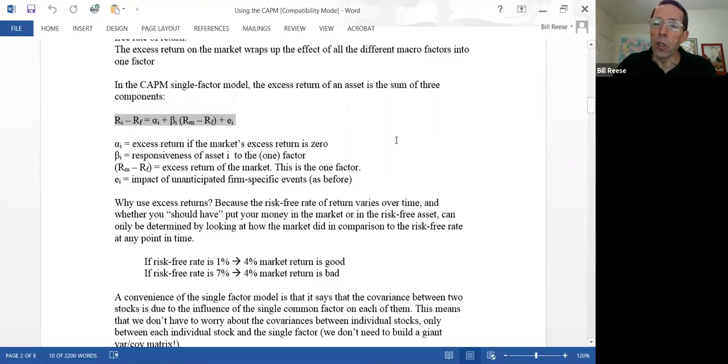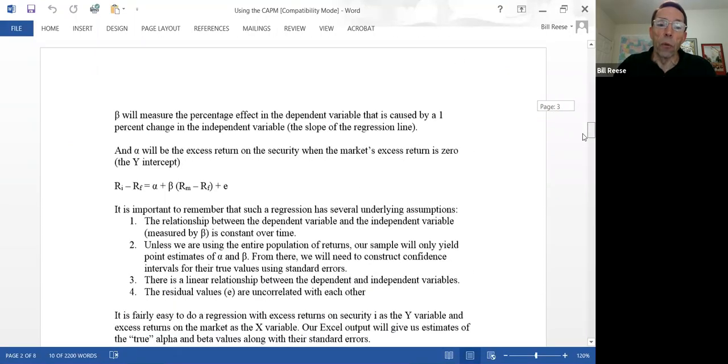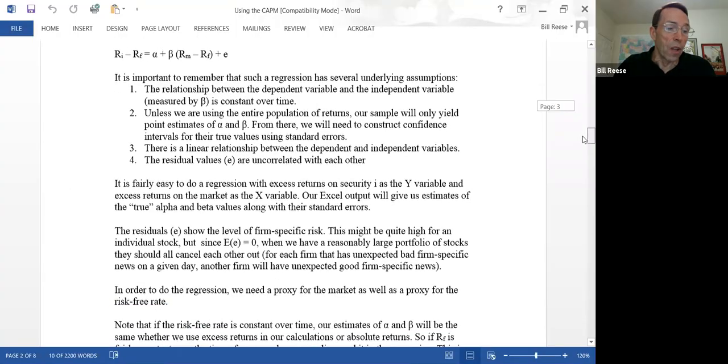Now, it's important to understand that in all regressions, there are certain assumptions. And unfortunately, some of these assumptions are violated in our regression. But that's the way life works in the real world, right? And here are our assumptions 1 through 4: that the relationship between the dependent variable, that's the Y variable, and the independent variable is constant over time,